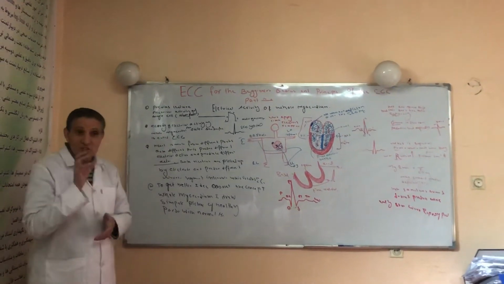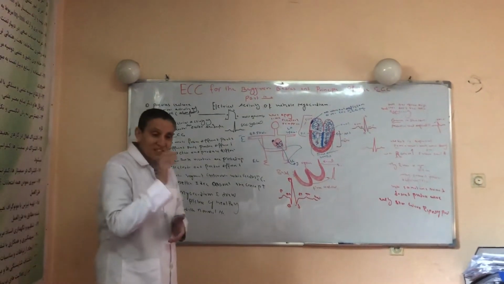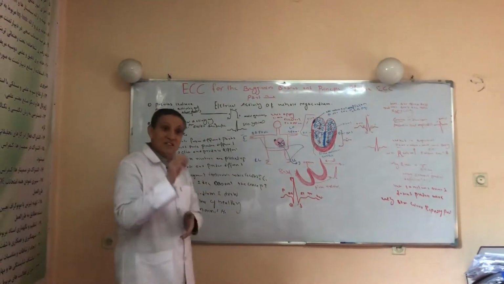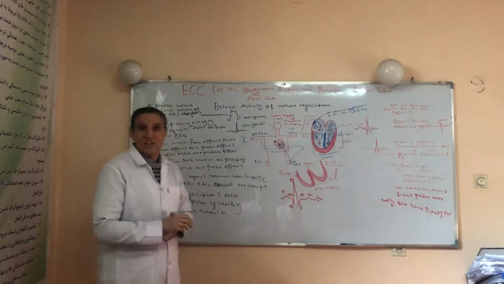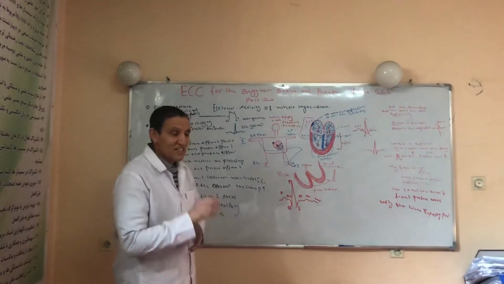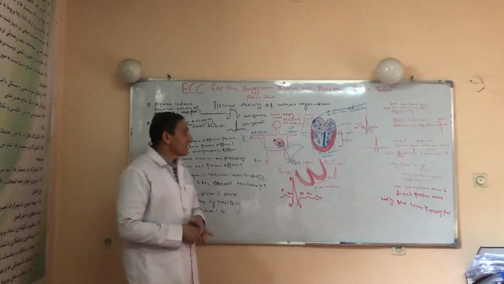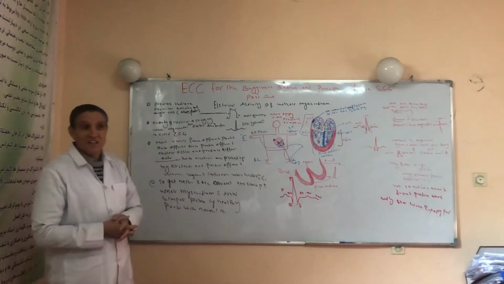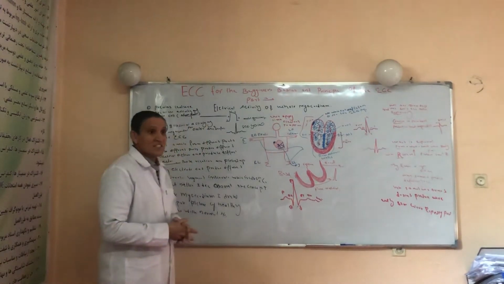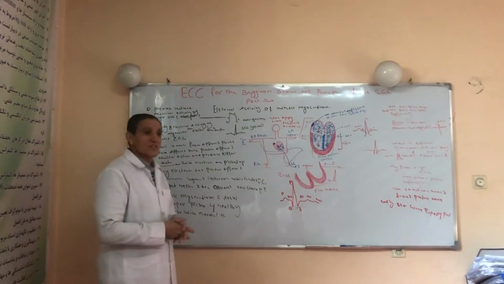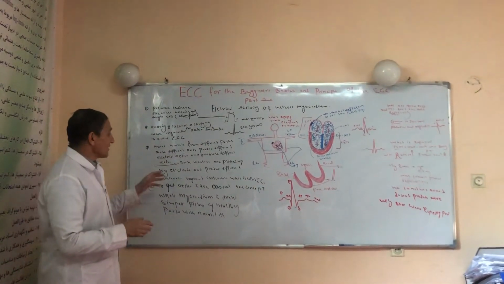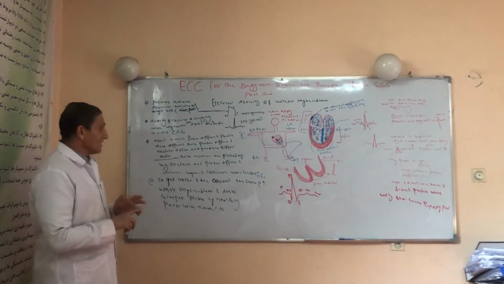So the heart is made of different parts. These different parts produce different electrical activity. These different electrical activities are presented by different vectors. When we talk about a vector, we are talking about electrical force, and we present the electrical force by a vector. When these vectors are picked up by the electrodes attached to the body surface, the electrodes transmit this electrical impulse to the stylus of the ECG machine, producing different waves, segments and intervals, which is called the ECG. This was the difference between the action potential and ECG.